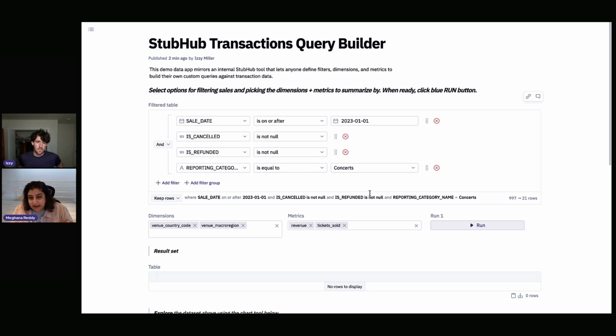So you can see that I toggled something, but no results are displayed yet. That was really intentional because we wanted to gate this builder on a run button, and that's because the story doesn't end with the filtering. The thing that was, again, unique to Hex and what we were trying to do is dynamically generating a query based on the dimensions and metrics somebody's looking for.